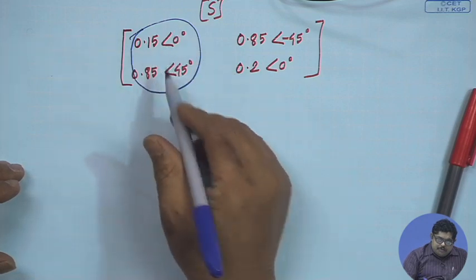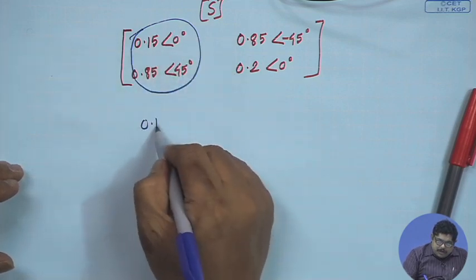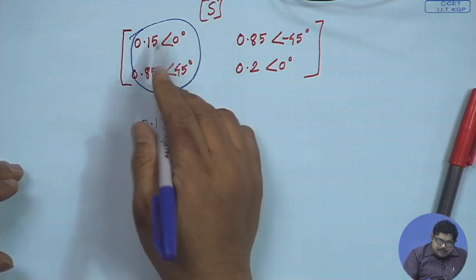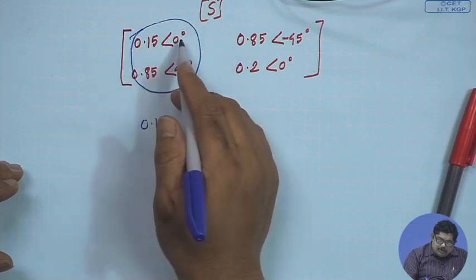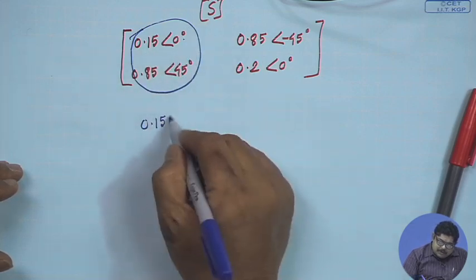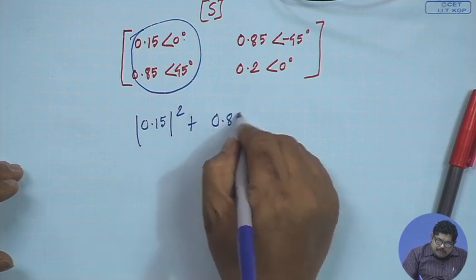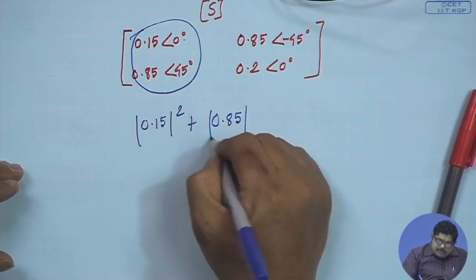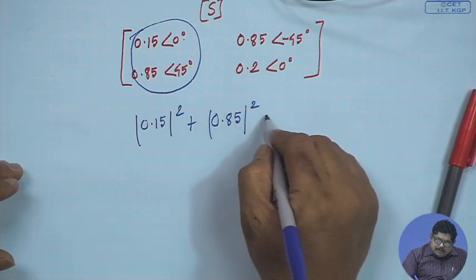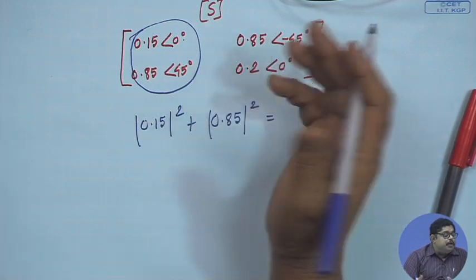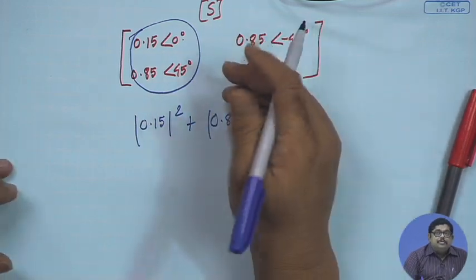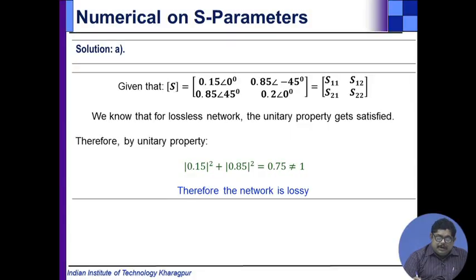So, 0.15 square, this conjugated dotted with conjugate of these, that means that will be 0.5 square plus 0.85 square. Now, this value turns out to be 0.75, it is not 1. So, condition 1 is not satisfied, immediately we can say the network is not lossless, that means it is a lossy